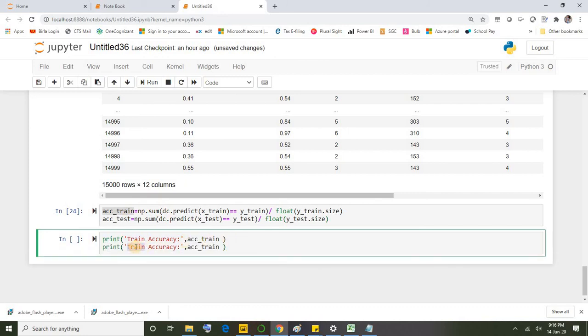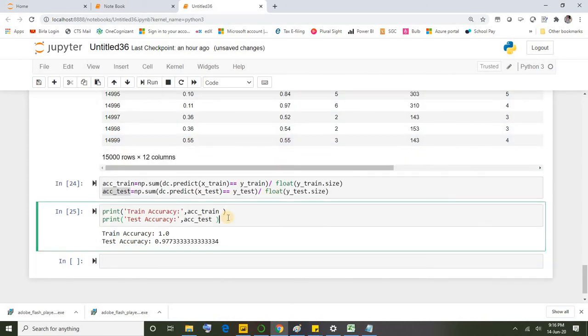Test accuracy. Alright, let me execute. Our model is perfectly trained and tested. Training accuracy is 100% and testing accuracy is 97.7%. Alright, it's an awesome prediction. So our model is very good. It's a very good result we have got.